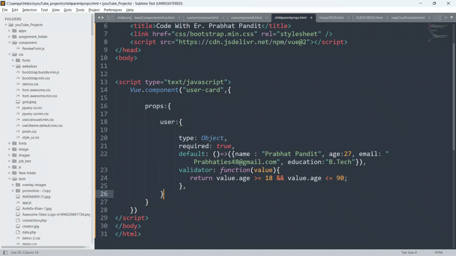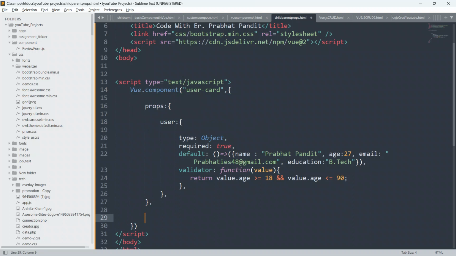So just close this, put a comma, and put a comma here also. Now we have to define the template. Always remember, template is an integral part of a component. Whenever you define a custom component, in most cases you have to define a template also.